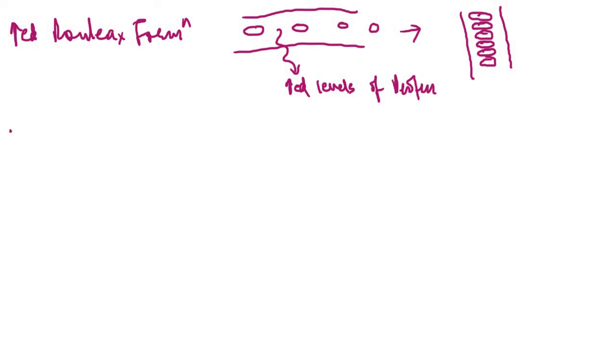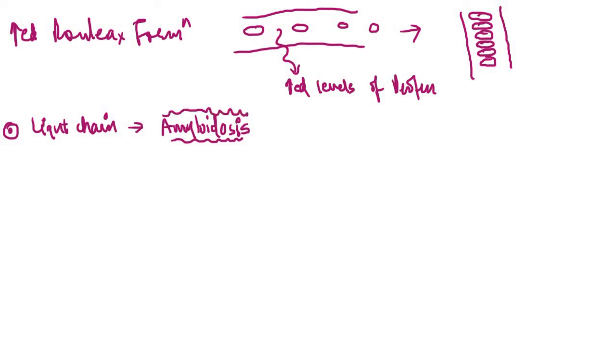Now in case of multiple myeloma, although the antibodies are produced, characteristically the light chains of these antibodies will be deposited at various places which can lead to amyloidosis. So there is a disorder which is called amyloidosis, and in case of amyloidosis there is a deposition of various types of protein which have particular properties, like they are stained by Congo red staining, and they can be seen under plain polarized light in which they can show various patterns. But you just have to remember that in case of multiple myeloma, it is the proliferation of the light chain which is causing amyloidosis. Also these light chains will be excreted in the urine, and as a result of